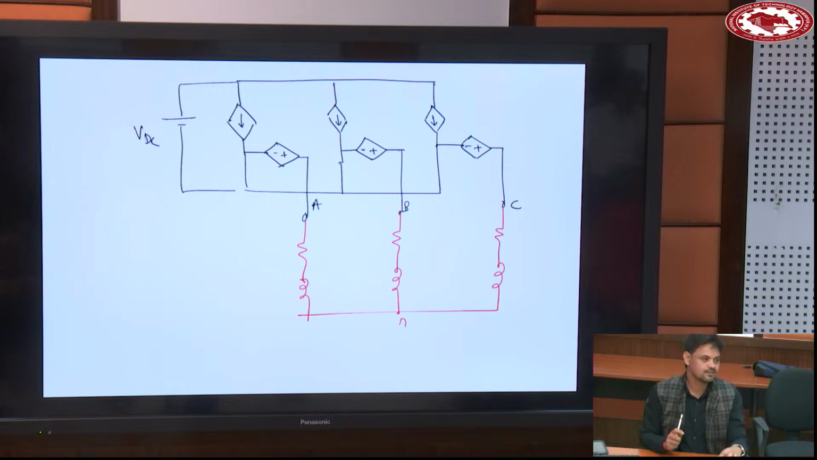So this is actually a 3-phase inverter, in switched model and average model, depending on which quantity you are taking. Here, for S, I will put SA, SB, SC. So SA